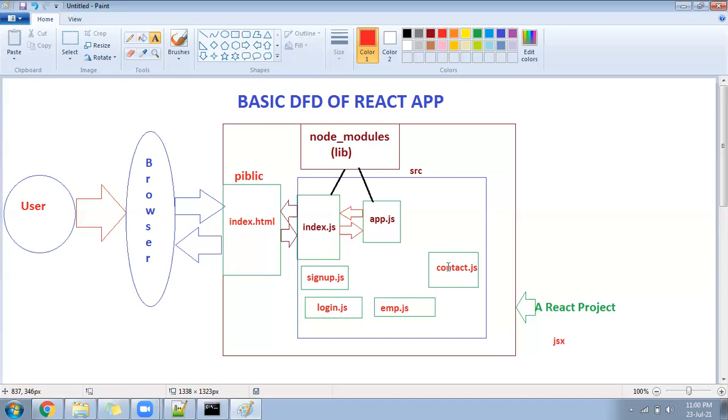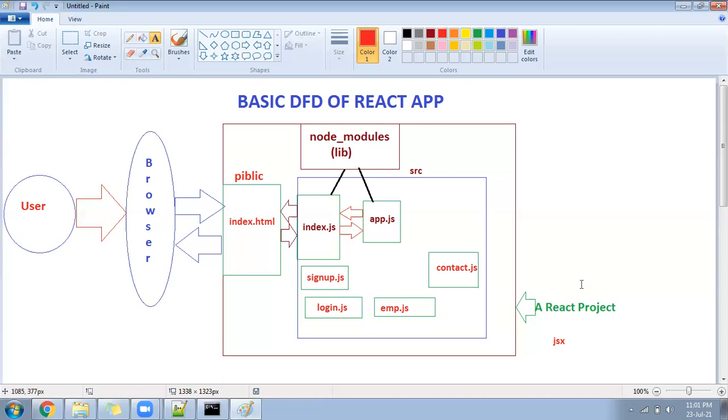We have two types of component. One is called a class component, another is called a functional component. If anyone asks what a component is, you can simply say that inside React, whichever file we create to fulfill our requirement is called a component. Examples are the login page, sign up page, register page. The extension will be .js, and this file can be based on two methods. If you know JavaScript OOPs, you can follow the class concept. If you don't, you can follow the functional concept.